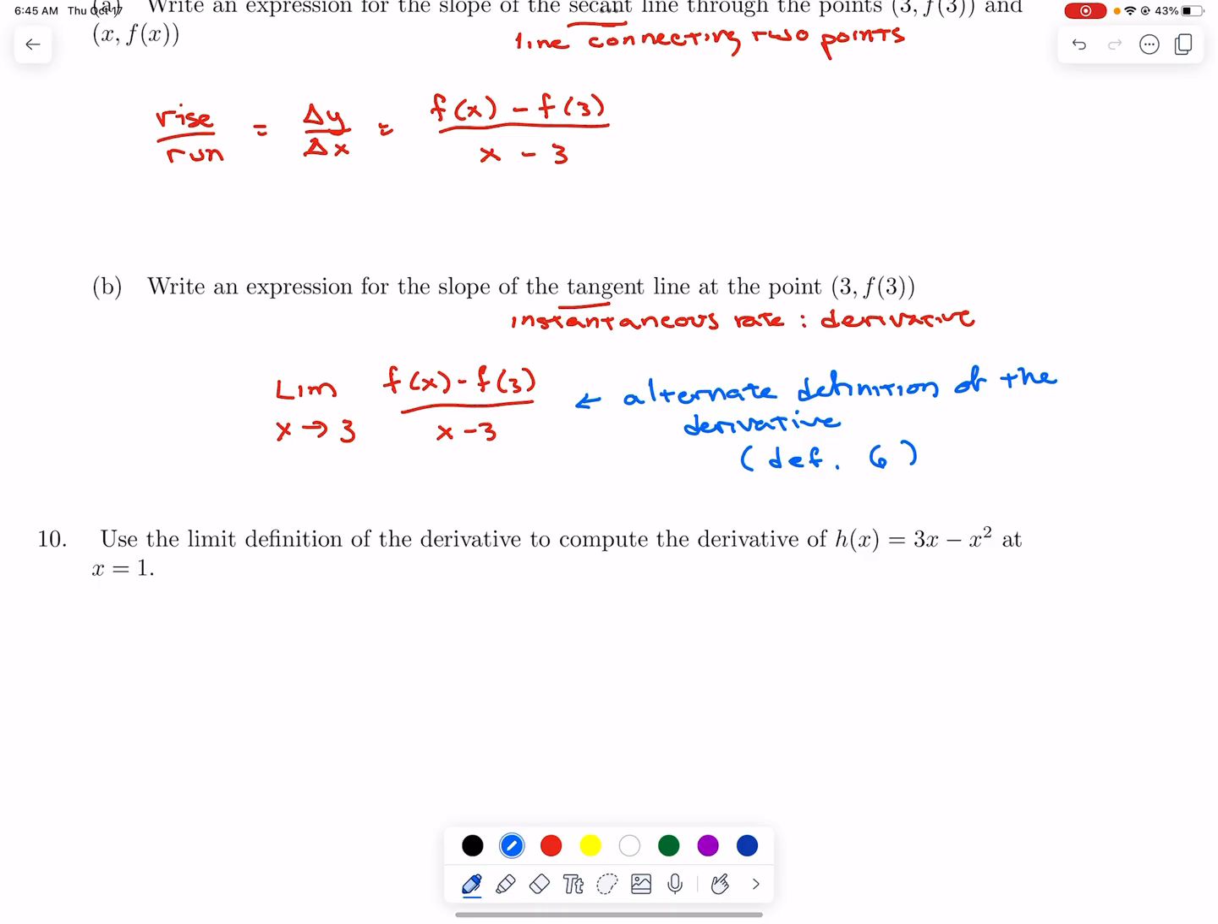Okay, so a little note about it. It gives something that the x eventually has to turn into a 3, so we only get a single number, not a formula that you can plug other numbers into. So